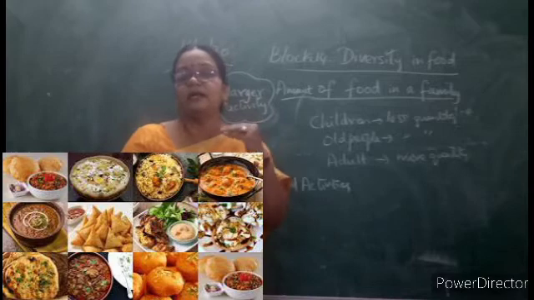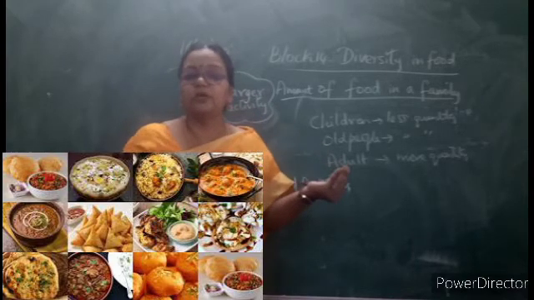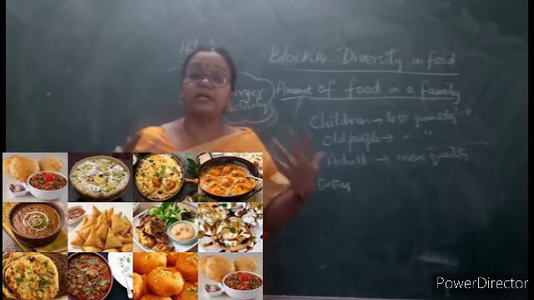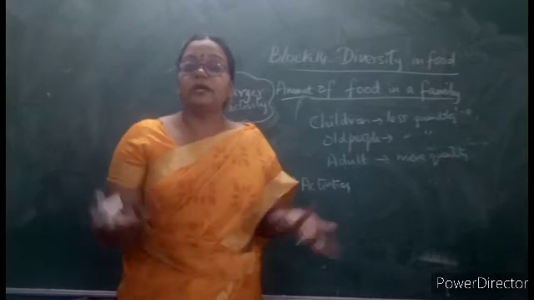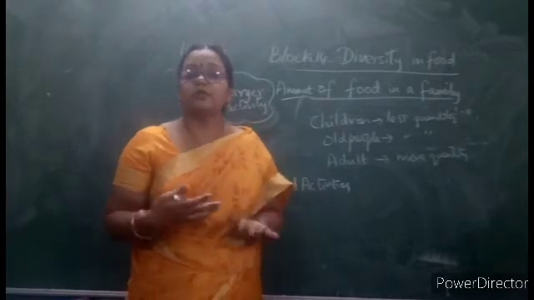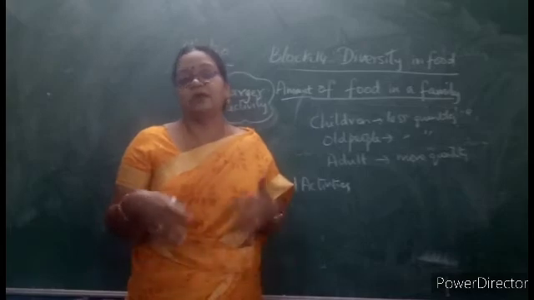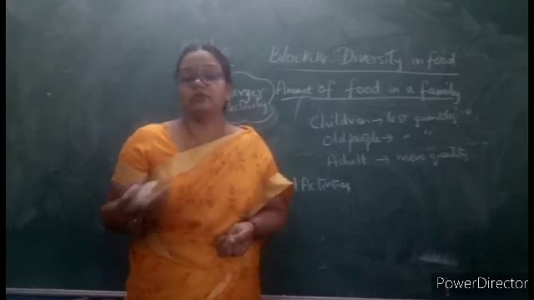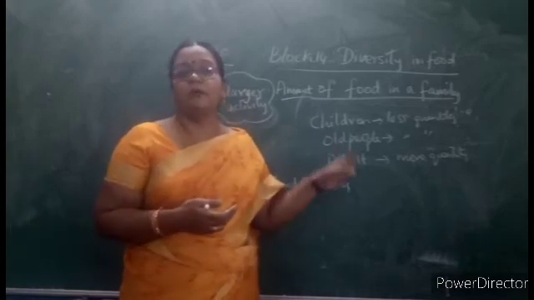Generally, in a family, adults eat a little more than the small children. Why? Because small children can't digest that much. If you try to eat that much at one meal, it is not possible for you to digest it and it will not suit your body. You may end up with stomach pain. So accordingly, only the amount differs.